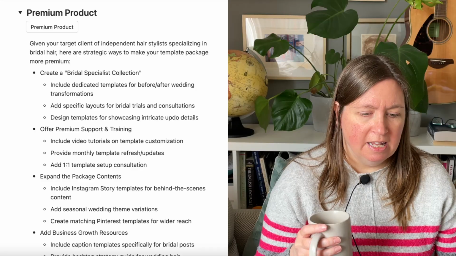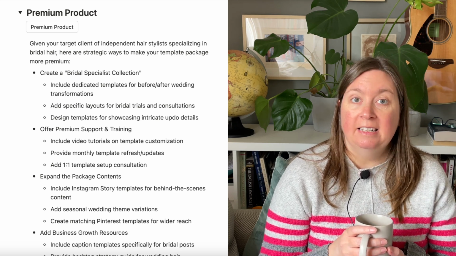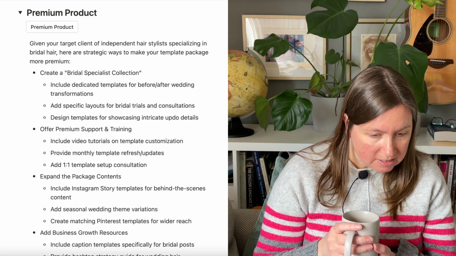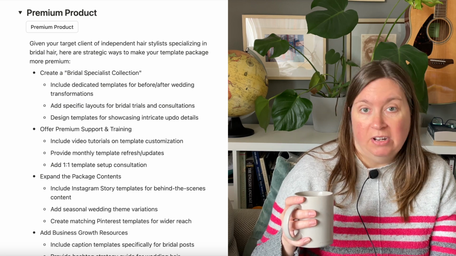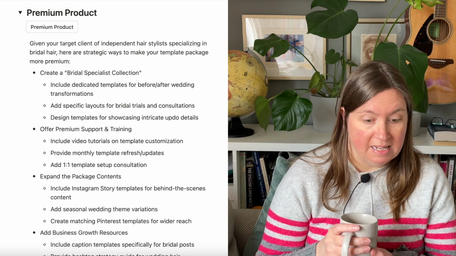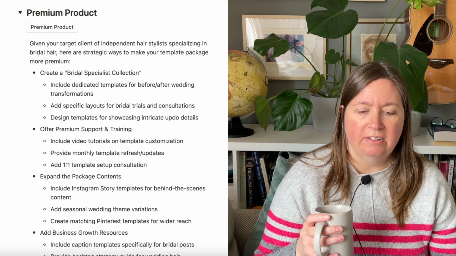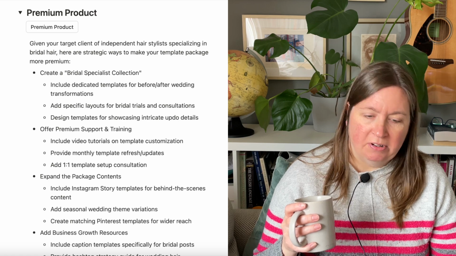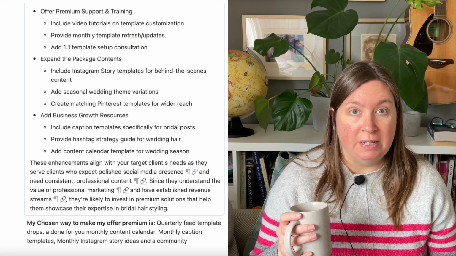So I've done that with Notion AI, and I have some suggestions, like to create a bridal specialist collection, include dedicated templates of before and after wedding transformations, add specific layouts for bridal trials and consultations, design templates for showcasing intricate updo details, offer premium support and training, include video tutorials on template customization, provide monthly template refresh updates, add one-on-one template setup consultation, expand the package contents, so include Instagram story templates for behind the scenes, add seasonal wedding theme variations, create matching Pinterest templates for wider reach, add business growth resources, include caption templates specifically for bridal posts,